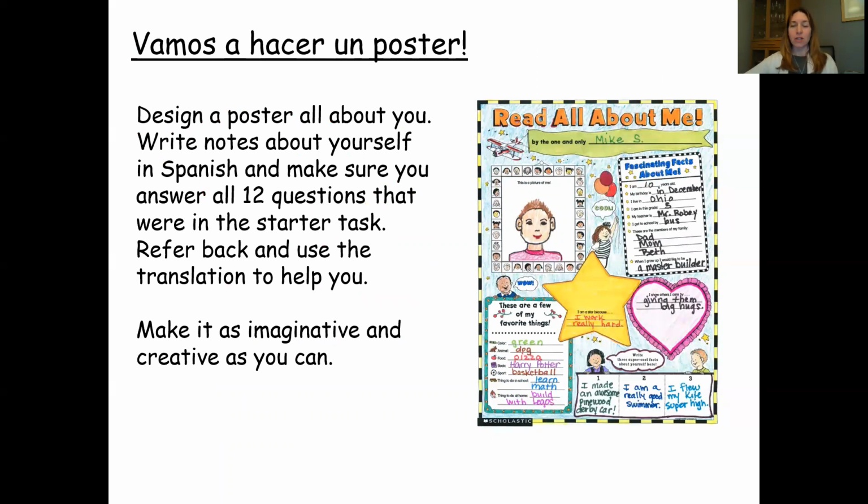So you will need to use at least one page of your book or an entire A4 sheet of paper. Stick a picture of yourself, draw yourself as a stick man, or if you've got a photo hanging around, perfect. Put that in the middle, and the idea is that you write information all about yourself all around that picture of you. All your notes obviously have to be in Spanish,